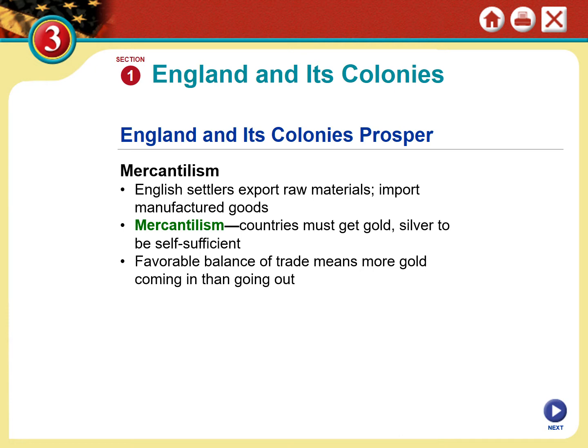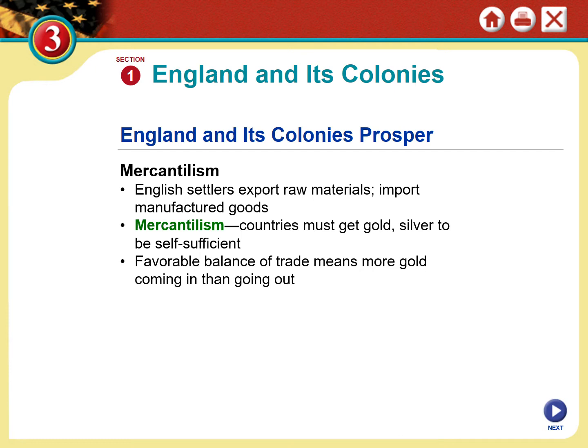They would export raw materials like cotton and coal and iron and timber, tobacco, etc. These are raw products that will be turned into other things in the English factories. And then they would use the proceeds from those sales to import or bring in manufactured goods like textiles